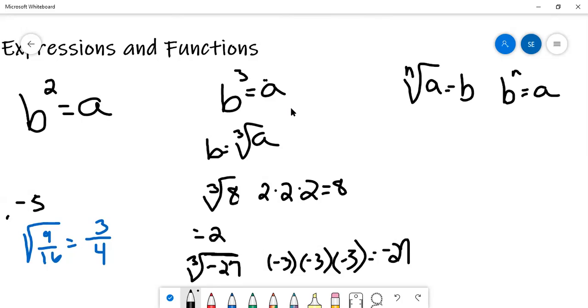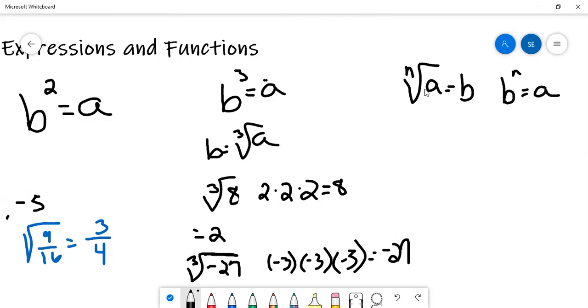Okay? So if n is even, then a has to be a positive number. Just like we can't take the square root of a negative number, we can't take an even root of a negative number. Okay? If a is negative and n is odd,